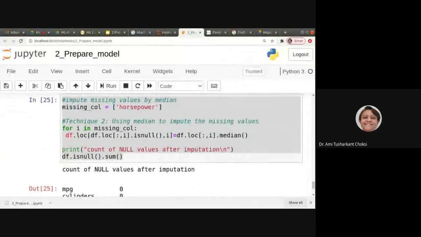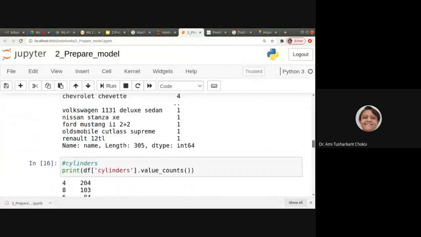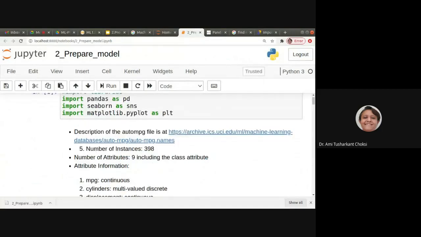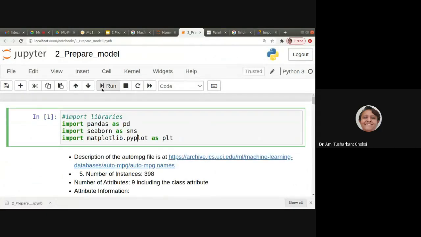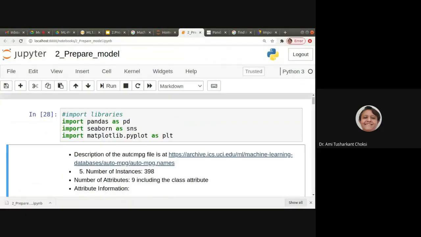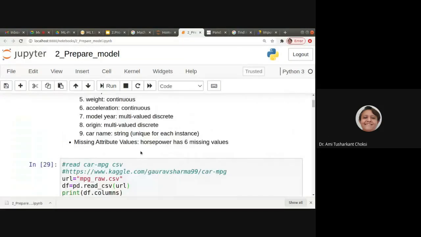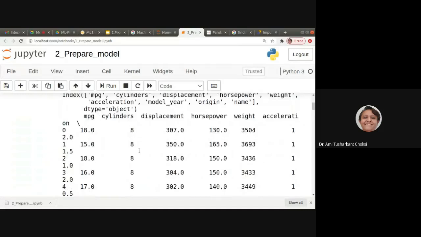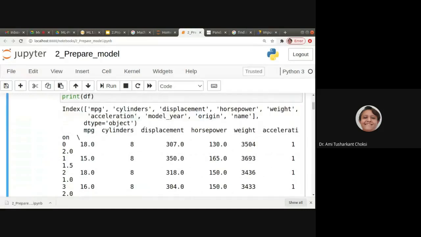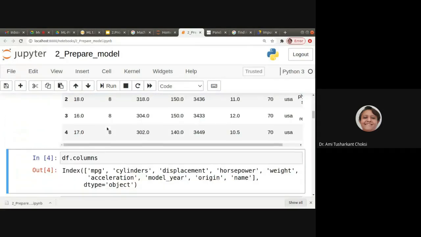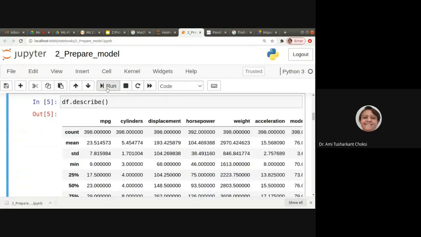Let us see here in our IPYNB file using Jupyter Notebook. Last time we imported the libraries, then loaded the data, and saw the columns. Then we saw the top 5 rows of the data, then the columns separately.